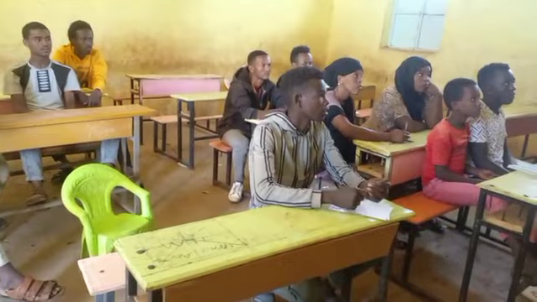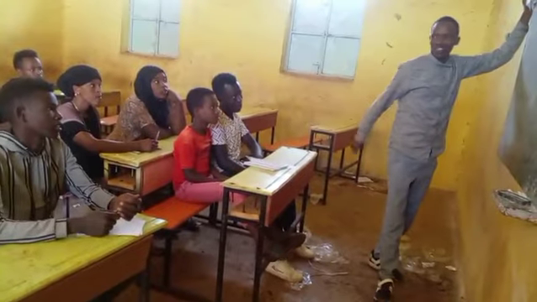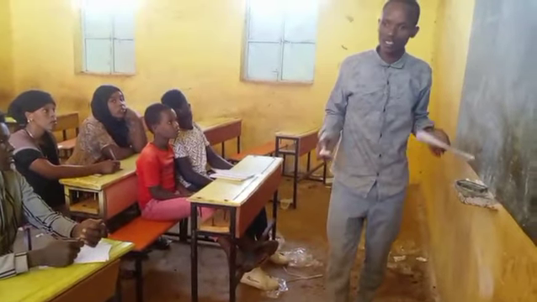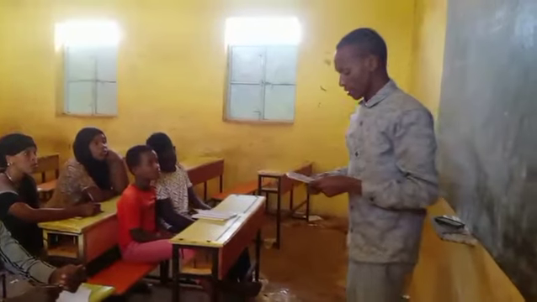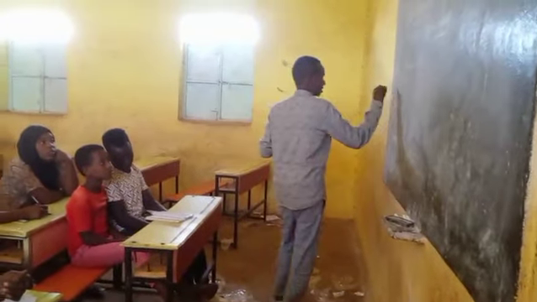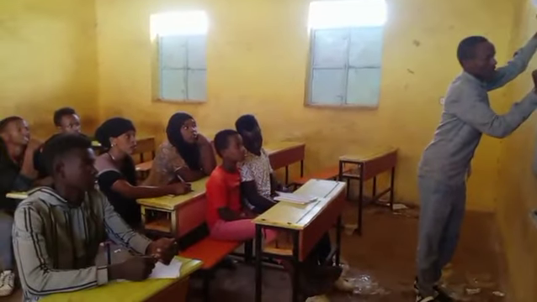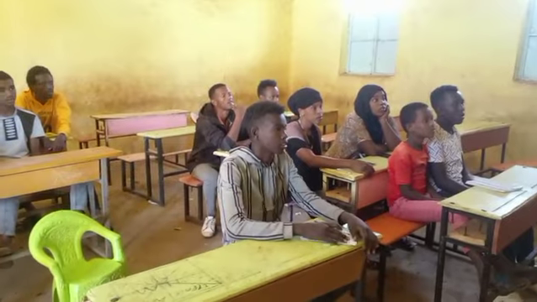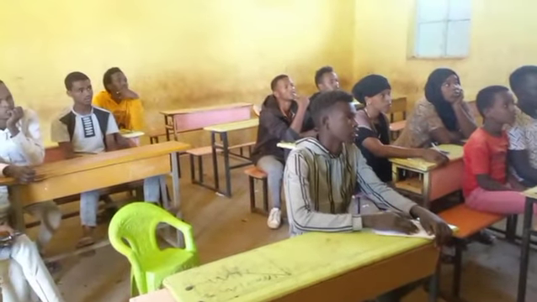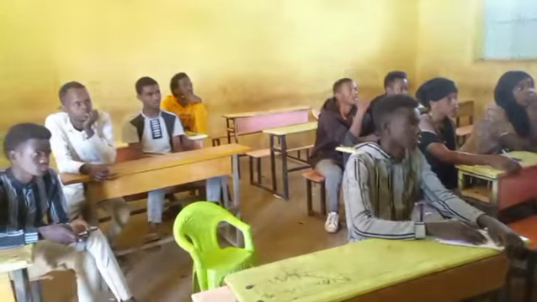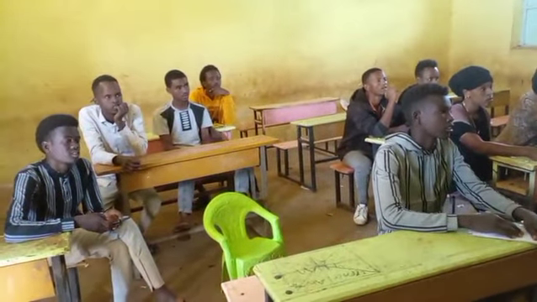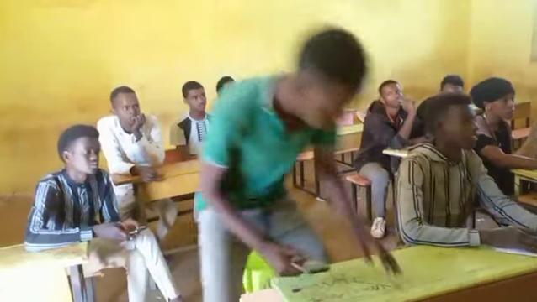What's chemistry? Chemistry is the branch of natural science which studies the composition, the structure, and the properties of matter. Chemistry is the branch of natural science, natural science which studies about